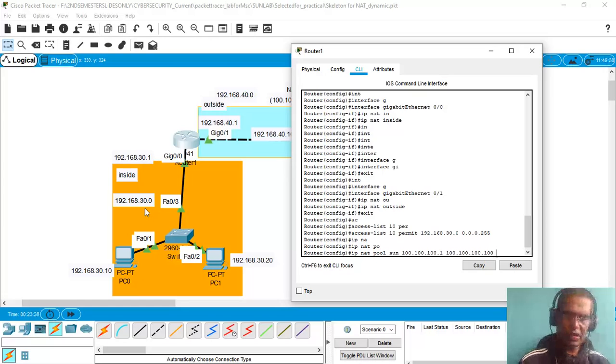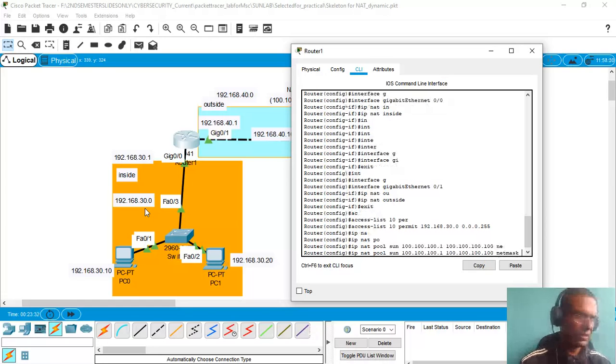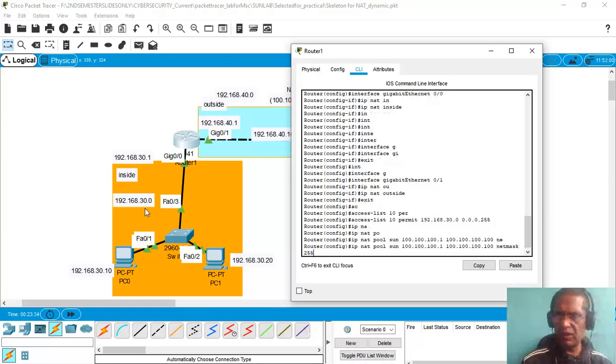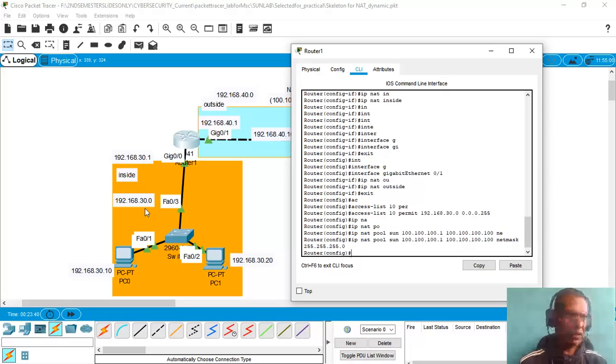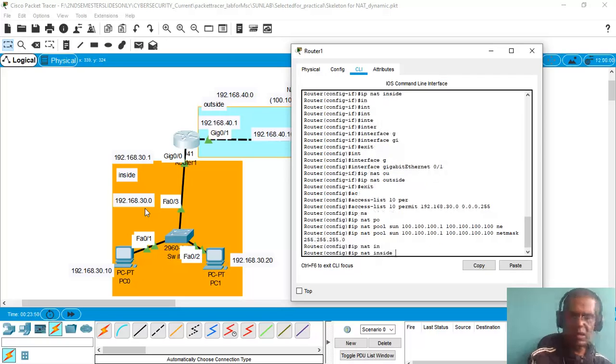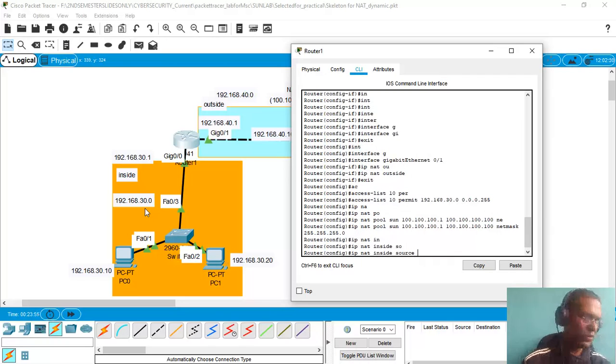192.168.30.0 followed by the net mask 255.255.255.0. Okay, so we have done that. Then we have to do IP NAT inside source.